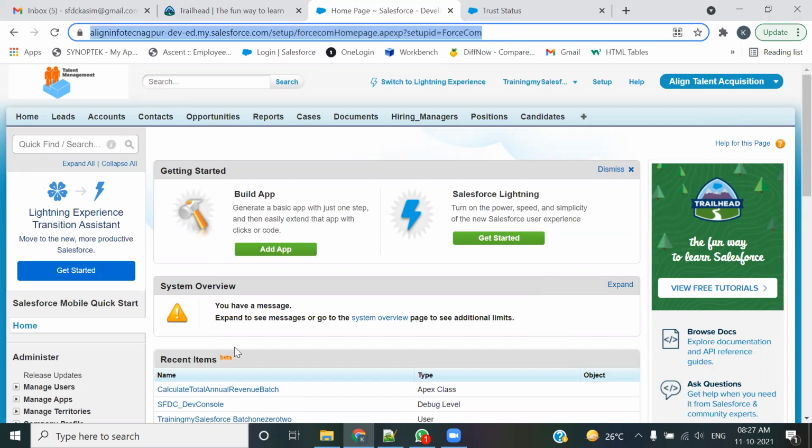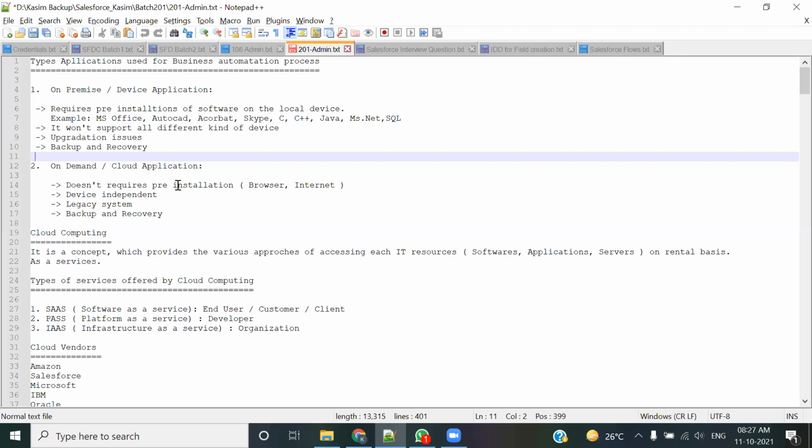This is a URL. See, from this URL, I'm accessing this. I could access it globally from anywhere. So I don't at all require to carry the laptop, because things are not installed at my end. Rather, I'm accessing it from the server. There is one server, and I'm seeing all this data from that server. So this application is in a remote place, and I could access it from everywhere.